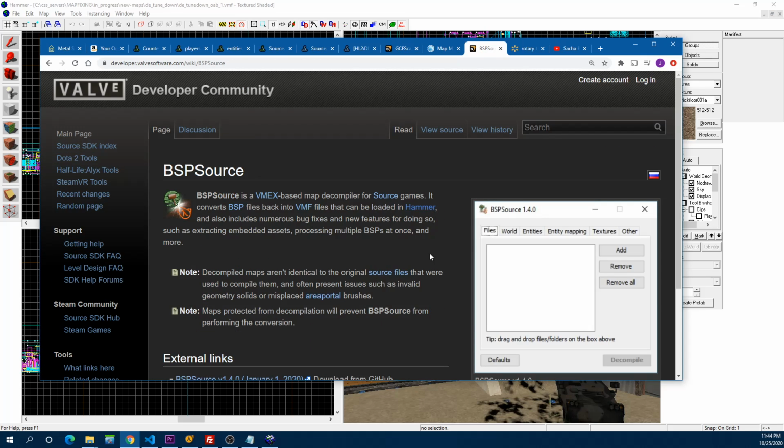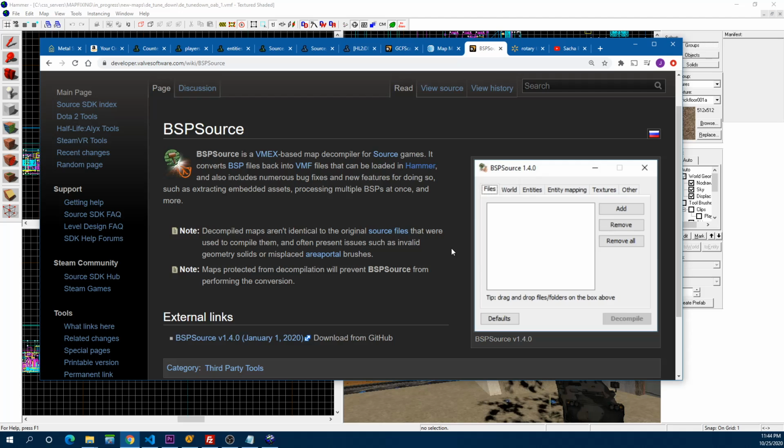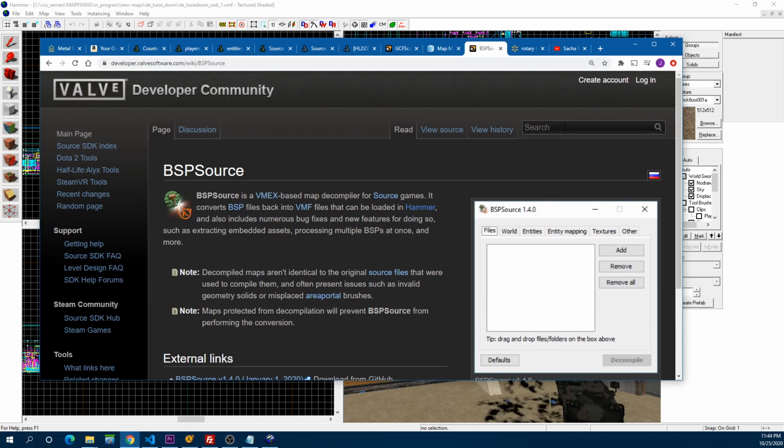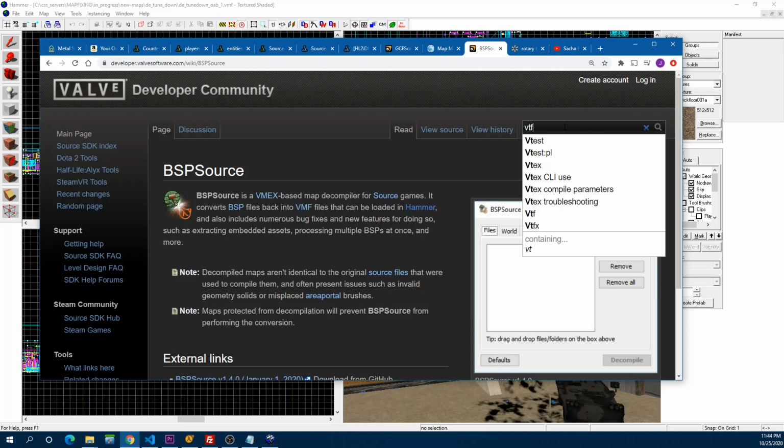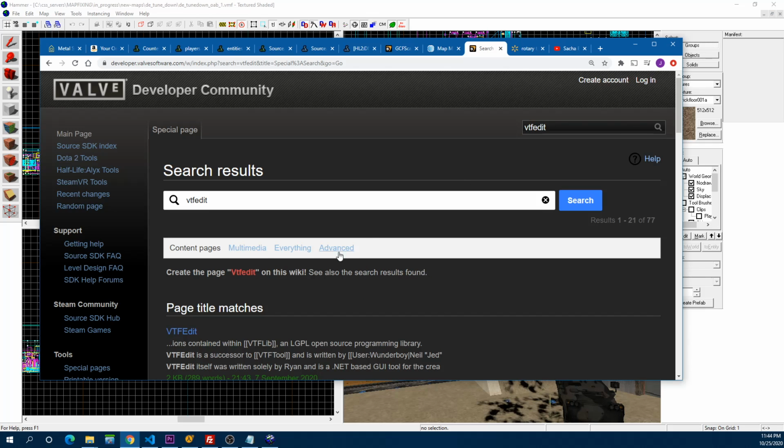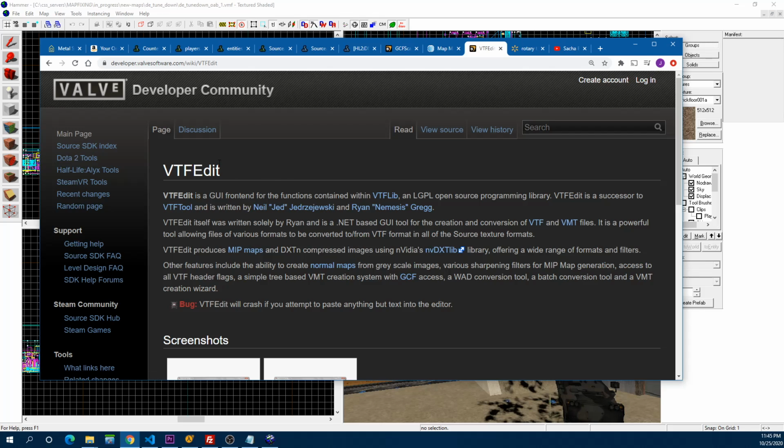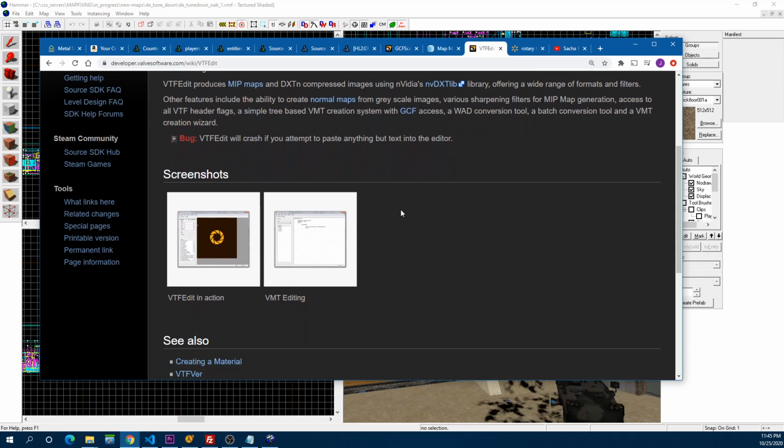So this one allows you to decompile maps, and it's very easy to use software. You also have some options to extract textures and extract entities, so you can play around with it, but very useful. Another very useful one is VTFEdit. It allows you to create custom textures.